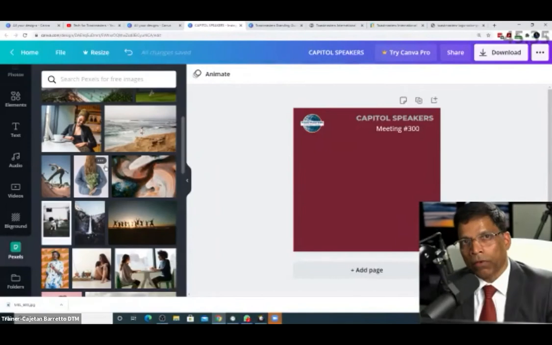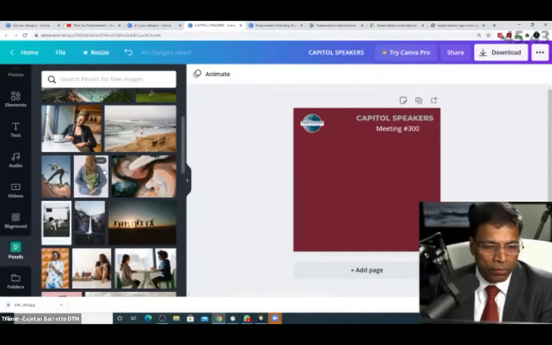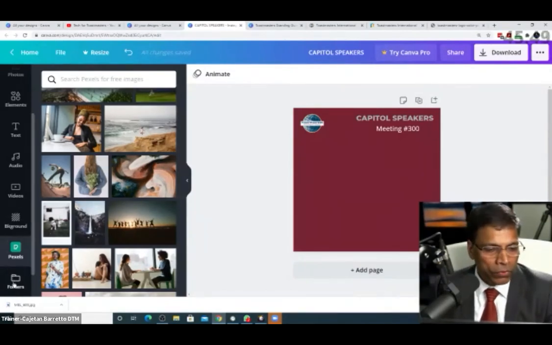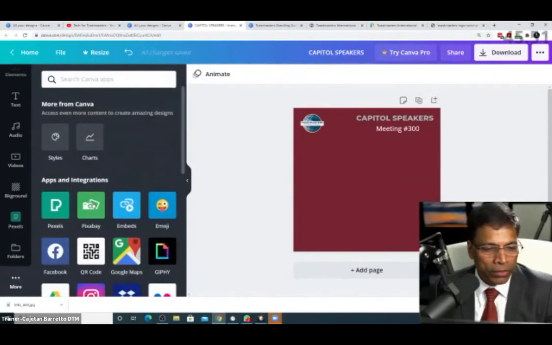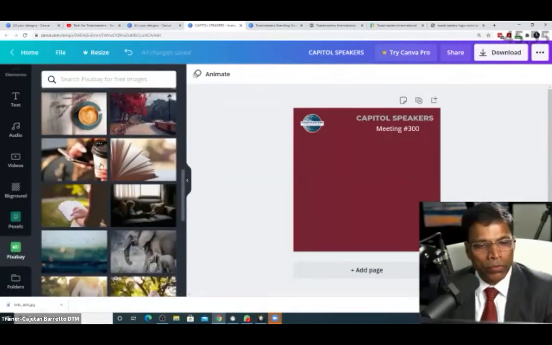As long as they convey what we want to convey and are brand compliant, you can use them. But don't go to Google. Google is a bad place because we don't know whether those are free to use or not. You can also click more and search for Pixabay. Similarly, search what you want and you can use all of these photos for free.